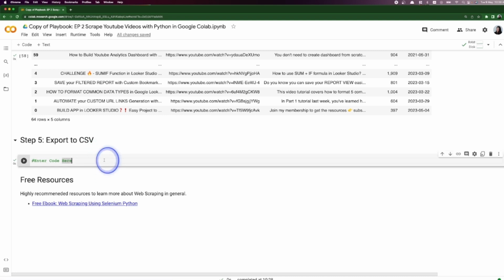There are a couple of methods where you can export this. You can export it to Google Sheets, or you can export it to a CSV file or Excel files and so on. But here I just want to keep it simple and export them to CSV file. Here I'm going to start by defining the file name. I would just say YouTube export